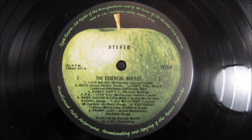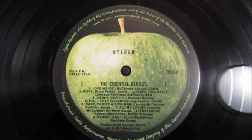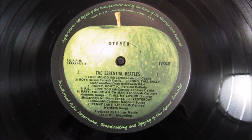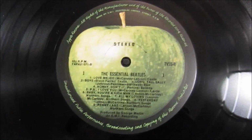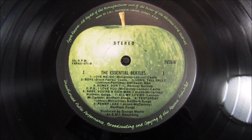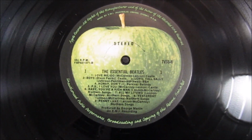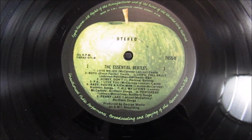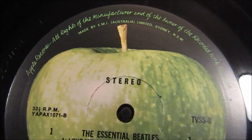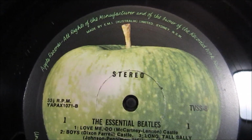There you go, mate. We're heading down under to Australia or New Zealand for The Essential Beatles, part of my very poor down under accent. But you're probably getting the feeling or the sense that these international Apple labels are largely pretty much the same, with the Apple Records indicia. This one was made by EMI Australia in Sydney, New South Wales,